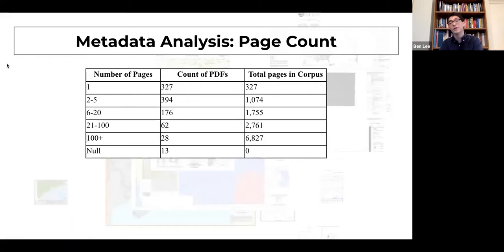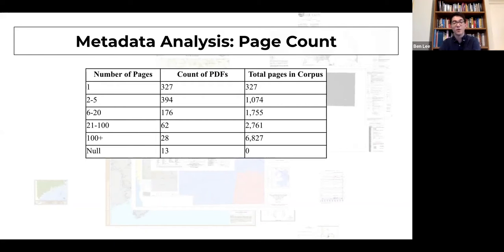We can also do something where we take a look at, say, page count. And so what I mean by this is we take all the PDFs and bin them according to the number of pages within the PDF. And so we see that there are 327 single page PDFs, which is surprising. I guess that means that roughly a third of the PDFs in the corpus are a single page. Then we have 39% of the PDFs are actually 2 to 5 pages in length. So what this tells us is that over 70% of the corpus consists of PDFs that are pretty small, 1 to 5 pages in total.